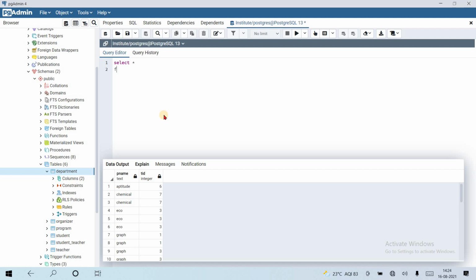Select star from left product, suppose alias t1, cross join right product t2.